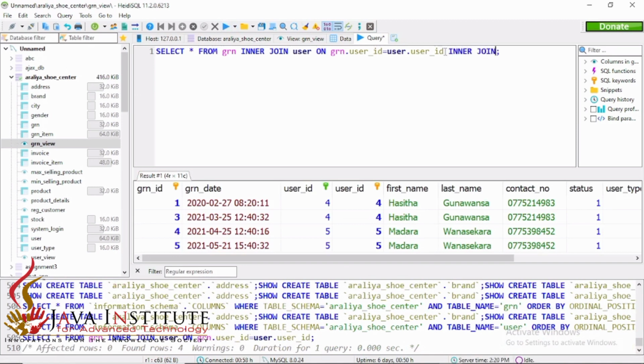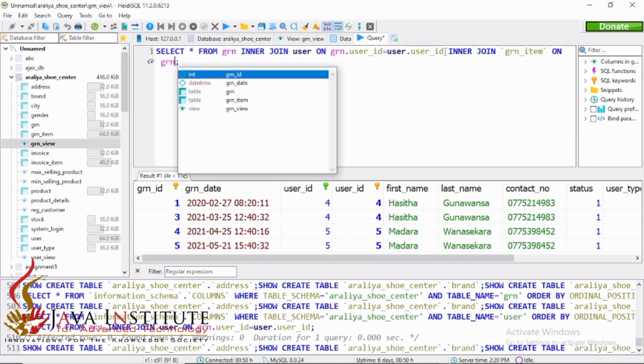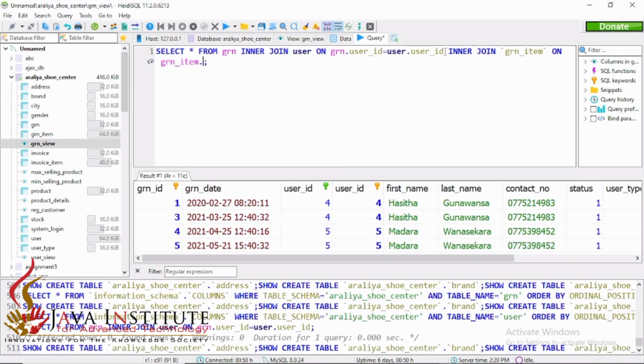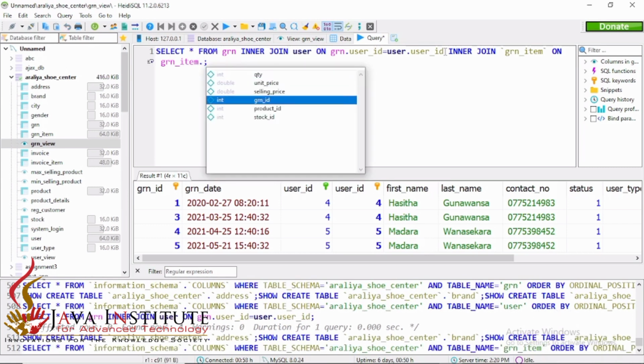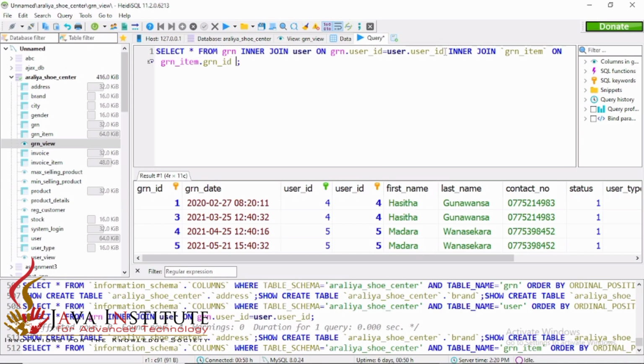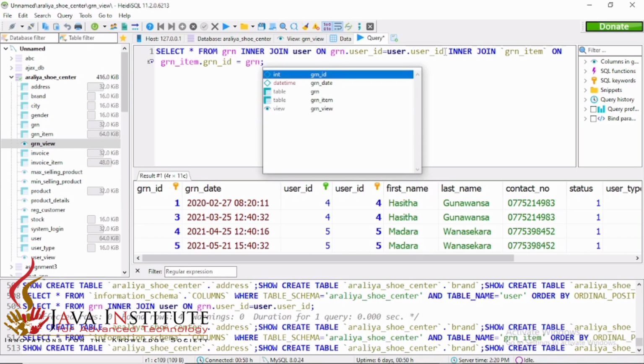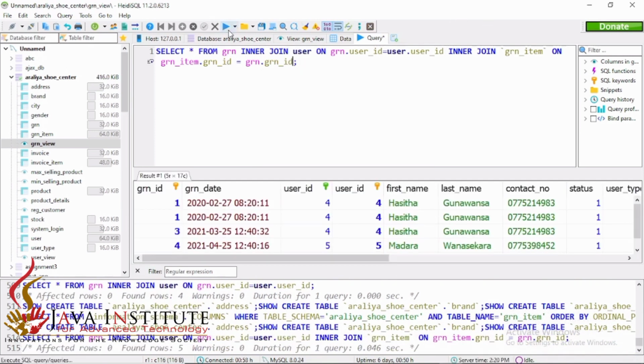And then again I'm going to inner join the GRN item table on GRN item table's GRN ID should be equal to GRN table's GRN ID. So after executing this we can gain the details from the GRN item table also. So after that we have to inner join the product table also.